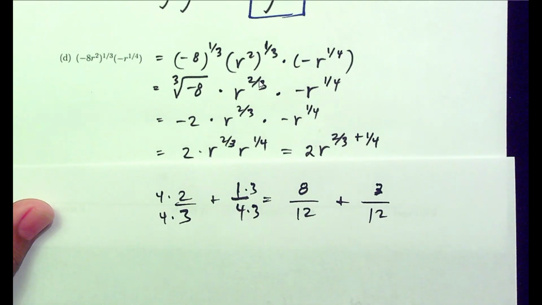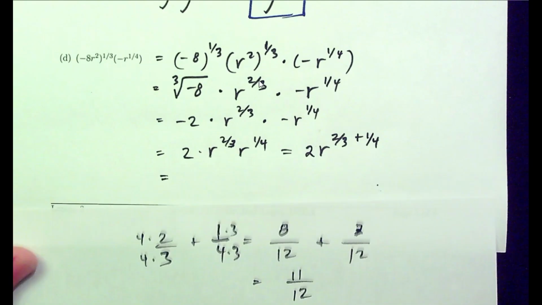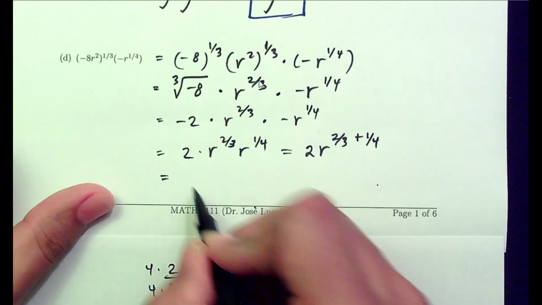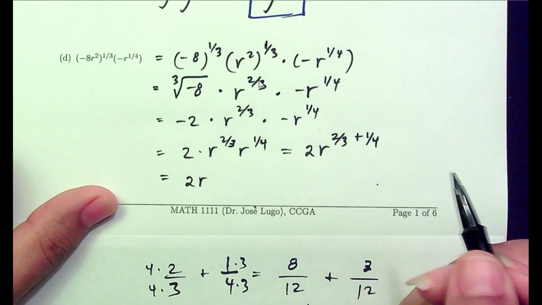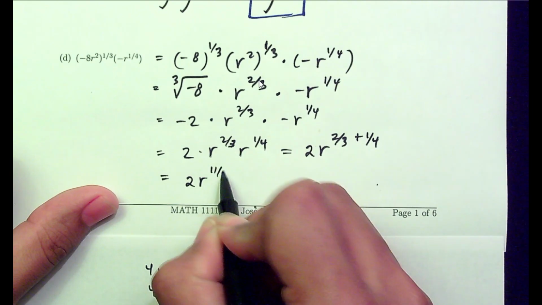Once the fractions have the same denominator, you just add the numerators across the top. So that would be 11 over 12. Okay, so that means adding 2/3 and a quarter gives you 11 over 12. So the final answer here would be 2 to the 11 over